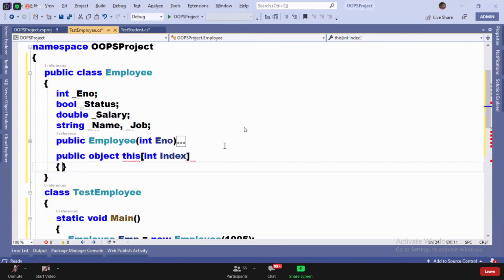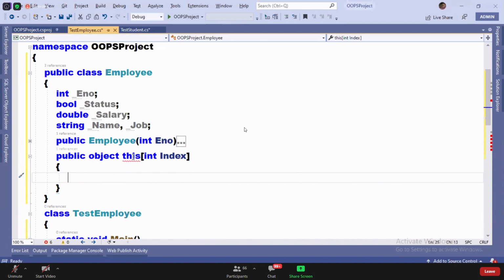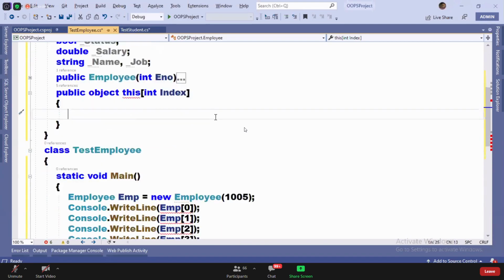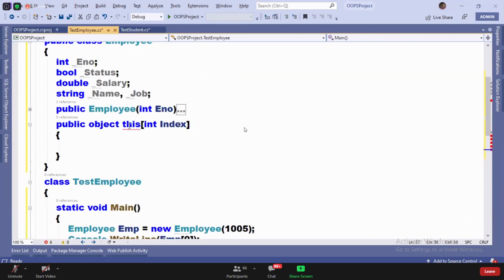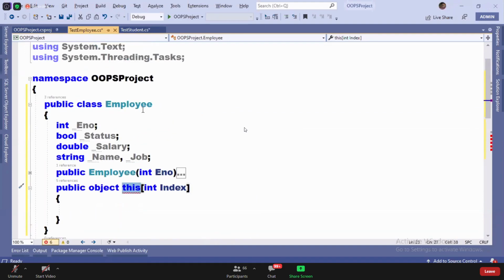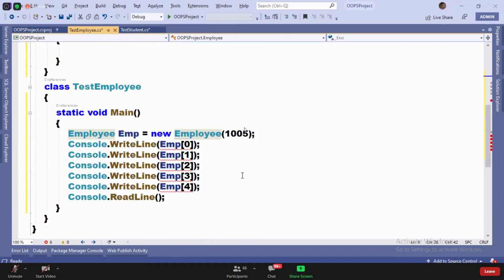Now, guys, understand. I am defining an indexer on this class. That is the meaning of this. I am defining an indexer on this class so that the object of the class starts providing access to the values. See now, you did not give a name here. This you said means I'm defining on the current class, and you're getting access by using the object. Whatever name you give, EMP or OBJ or XYZ, that is used in this particular place. Did you get my point?